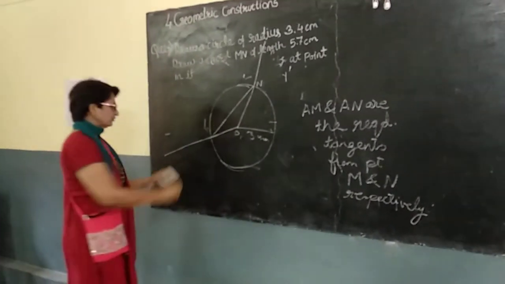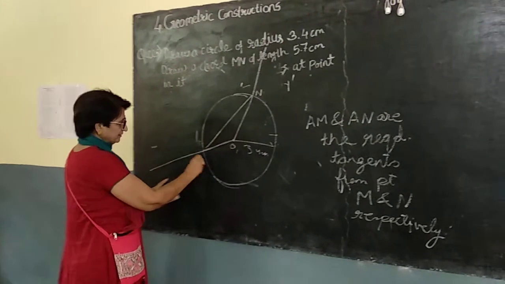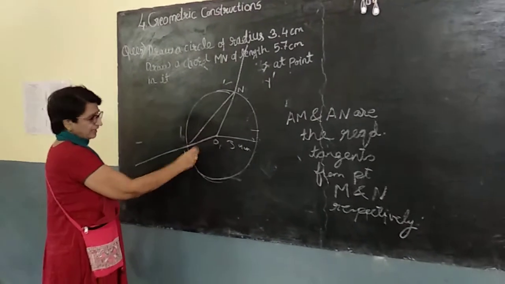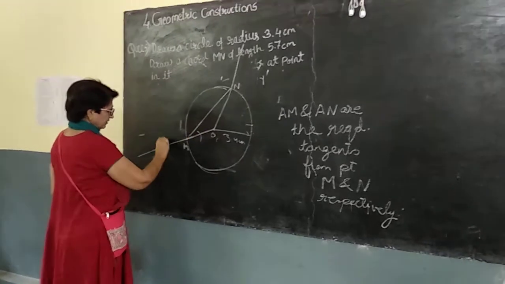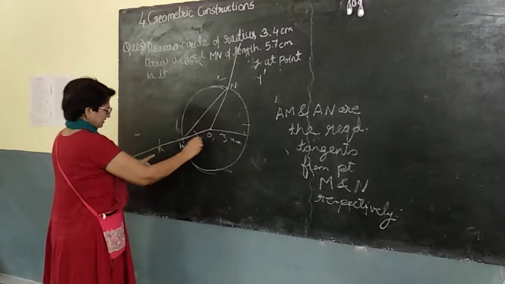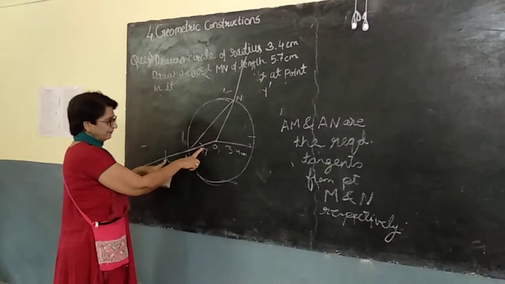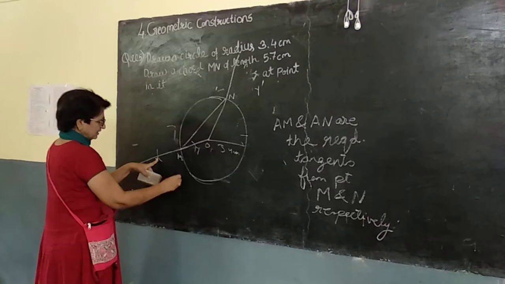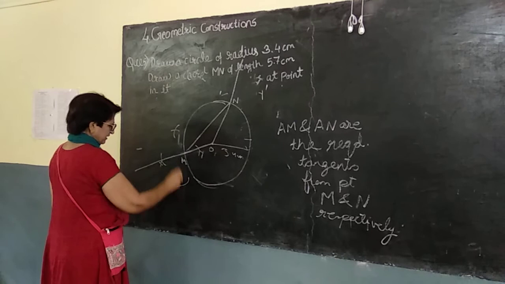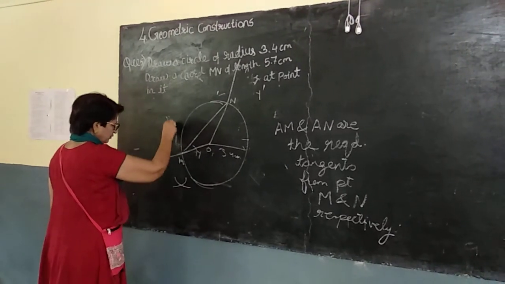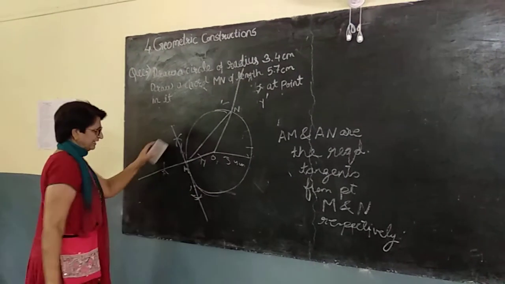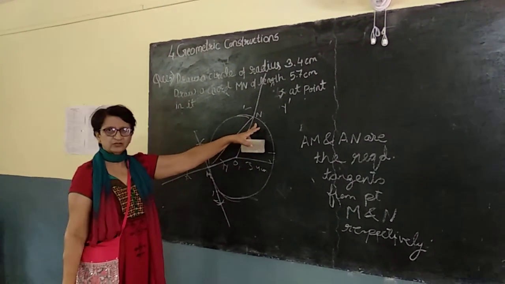Then you just have to draw a perpendicular bisector. This is N. What we have to do? Take center M. Take a convenient arc. Draw on this side and on this side, on opposite sides of M. Then let it be XY. Then taking more than half of XY, draw an arc on this side, on the line, and with the same distance from point Y also cut the previous arc, and then we have to join it. Then we will get the tangent. Similarly, you have to do it from here also.